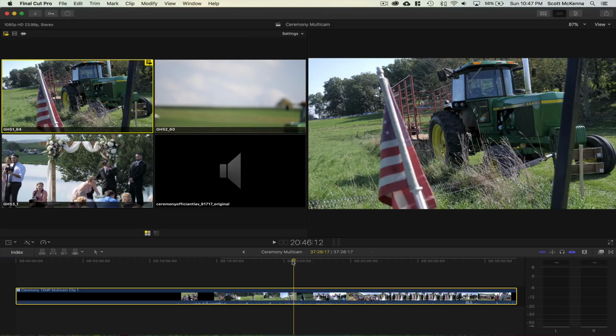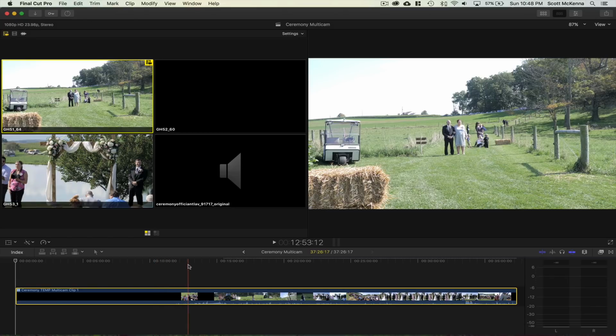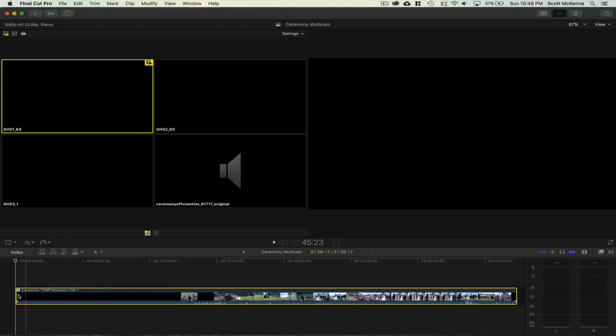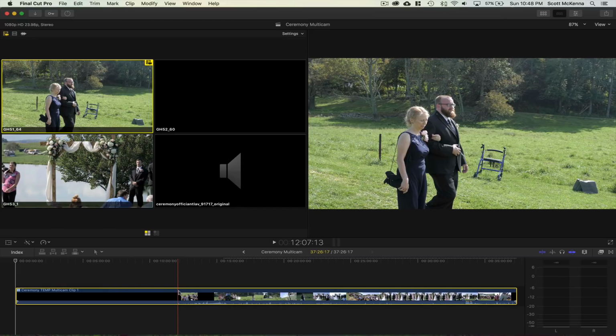Now in a ceremony where we have obviously a groom talking at certain times, we will switch the audio for that specific time, but for the most part, you're usually cutting all your cameras to a specific audio source. So right away, I usually just cut off the beginning where it has all this extra stuff, because this is all from when the audio was running beforehand.